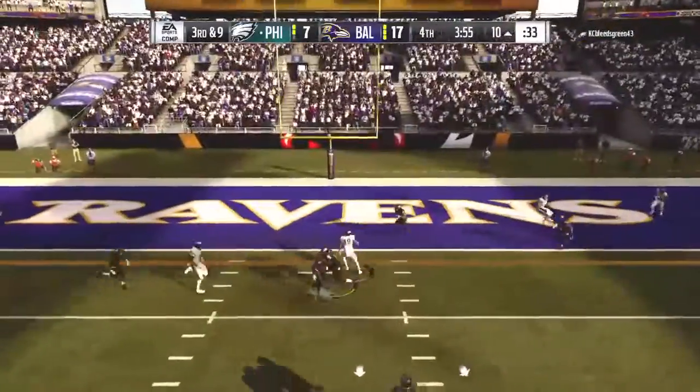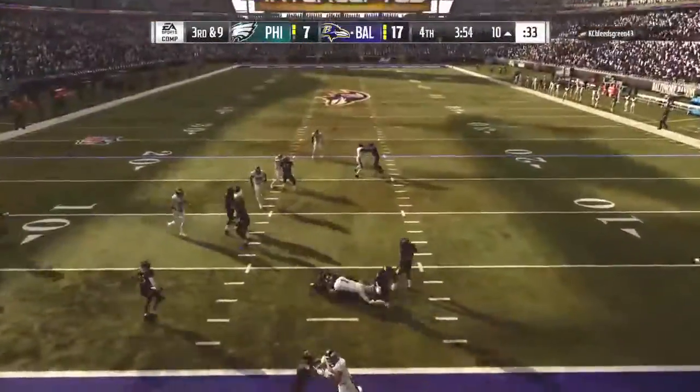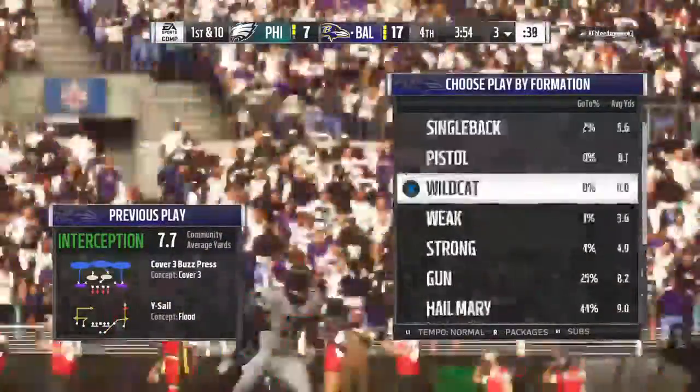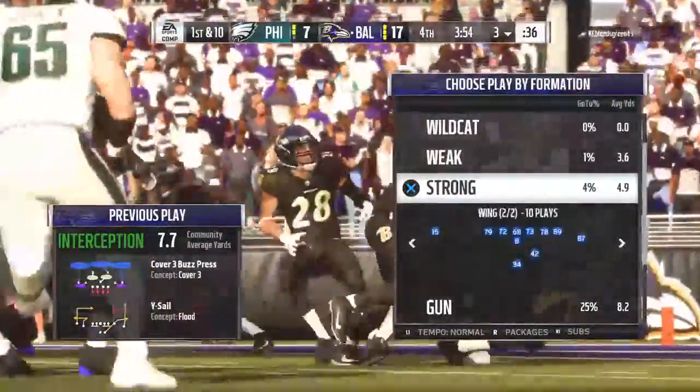To throw, it's Wentz. And he's going to be intercepted a third time. Picked off by the linebacker, C.J. Mosley. And a big turnover there as his guy...